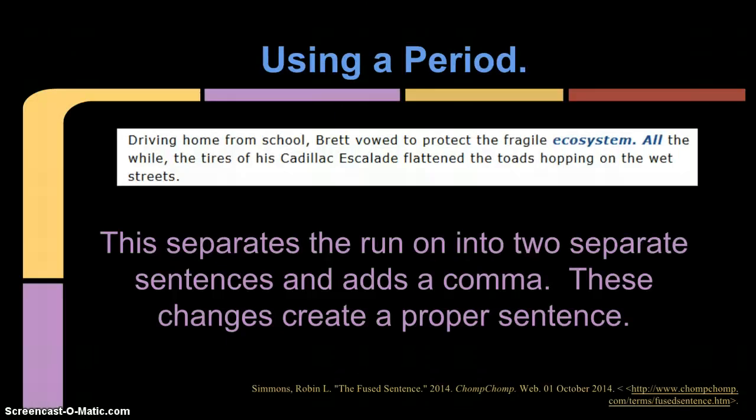Using a period to fix a run-on sentence. When you add in a period, the sentence now reads, Driving home from school, Brett vowed to protect the fragile ecosystem. All the while, the tires of his Cadillac Escalade flattened the toads hopping on the wet streets. This separates the run-on into two separate sentences and adds a comma. These changes create a proper